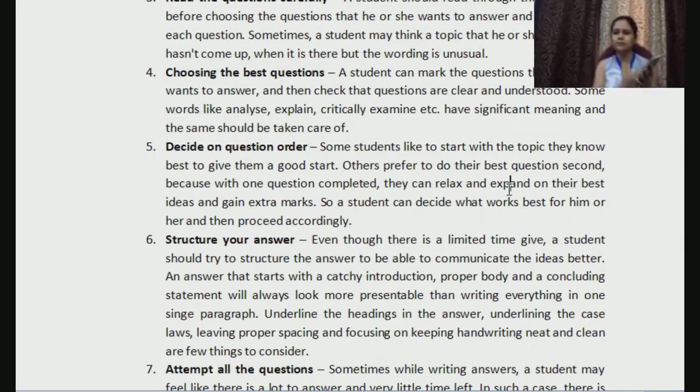Maybe some students feel it is easier to first start answering whatever they know the best. If I have prepared 2 questions very properly, I would write those 2 questions first. Then I would write whatever I know a little. Then lastly, I would write where I do not know anything, simply attempting the question. There may be some people who would try to write whatever they do not know first, and then lastly, with peace, they would write the questions that they have properly prepared. That means different students may have different orders in which they want to answer. So you need to decide your order of answering the questions.